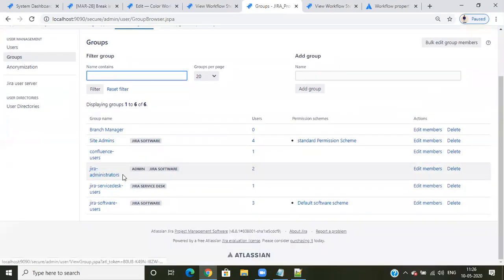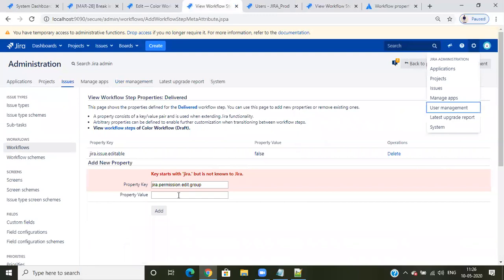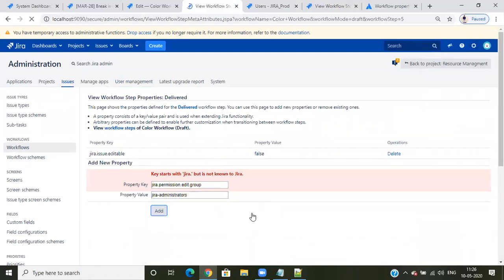Okay, so I'll select, suppose, Jira administrator here. So only Jira admins, like two people, can edit. So I'll enter this, add.